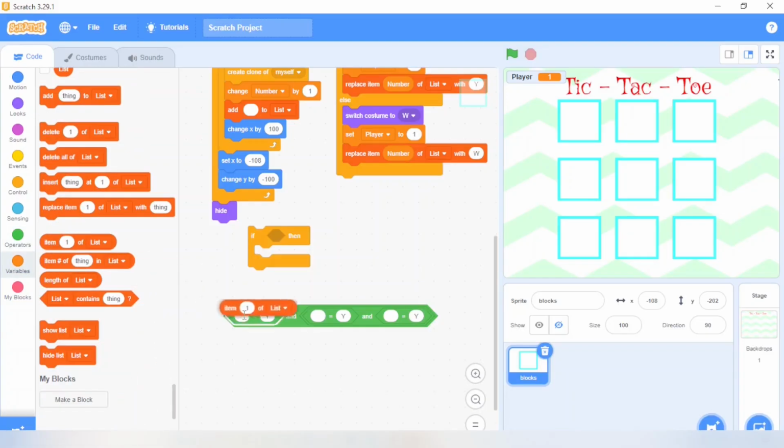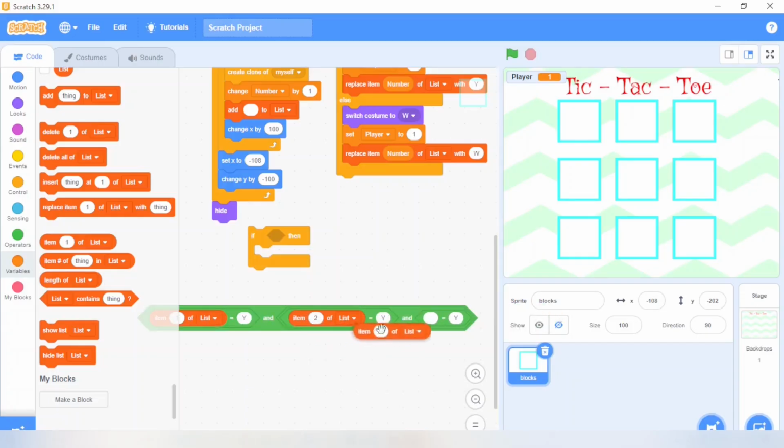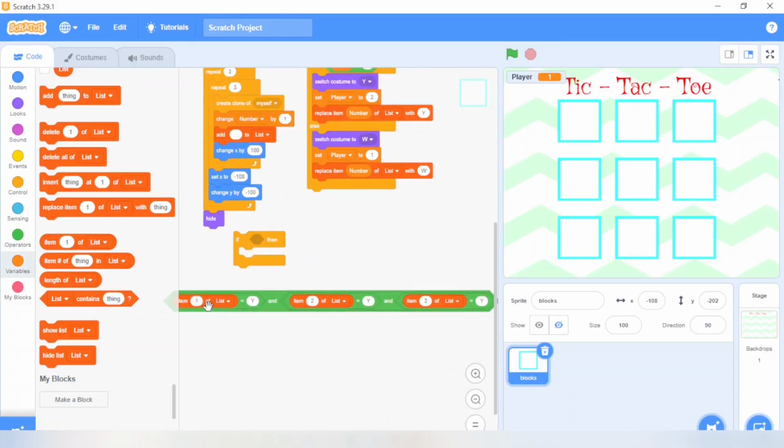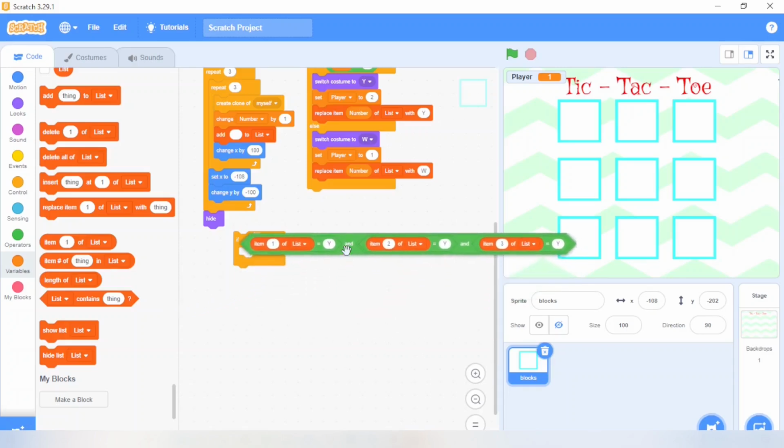The combination: item of the list 1, and here item is 2, and the next one is a duplicate, and here I will place 3. I'll make it size small. This complete block shows: if item 1 is equal to Y, item 2 is also equal to Y, and if item 3 is equal to Y. This condition will be put in this if block.